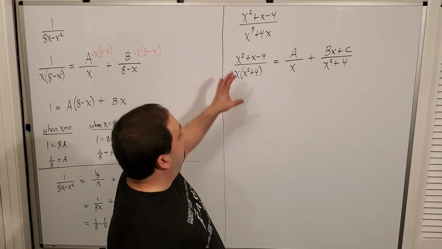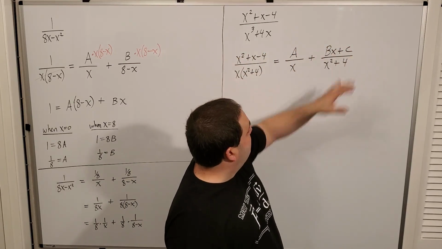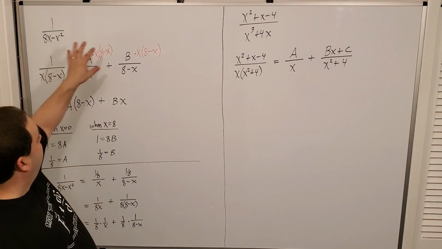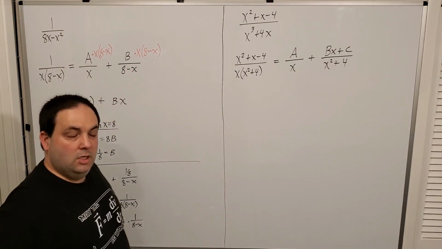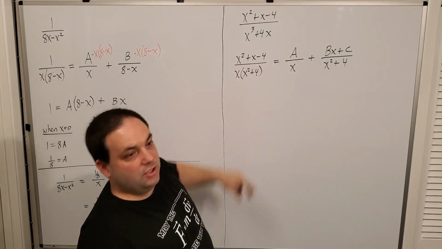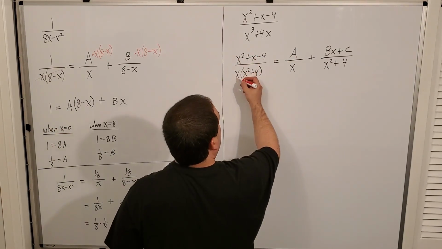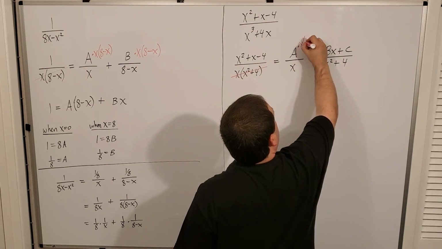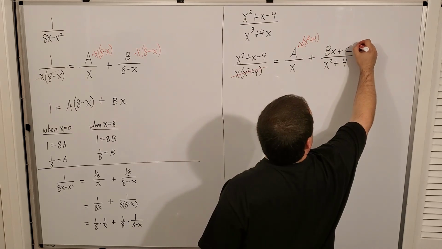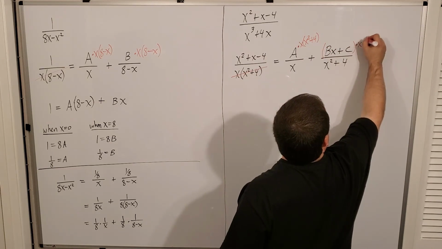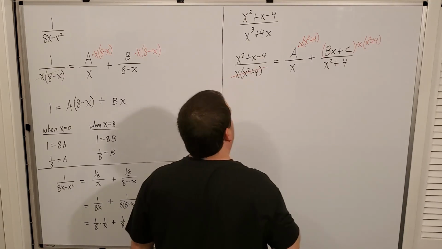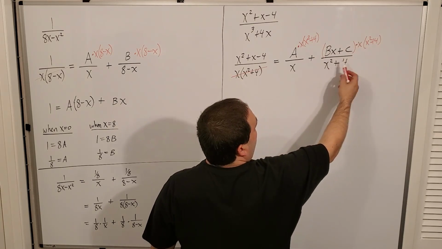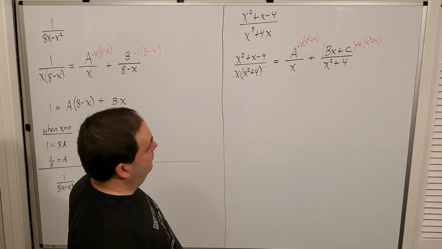Partial fractions again. It's in the setup, right? I've got the setup for these two pieces here. And I'm going to approach it the same way. I'm going to multiply by the denominator so that I can make this a not fraction equation. So I'm going to multiply this x times x squared plus 4. So times x squared plus 4. And this whole thing times x squared plus 4. And of course, notice the x's will reduce here, and the x squared plus 4's will reduce there, leaving me